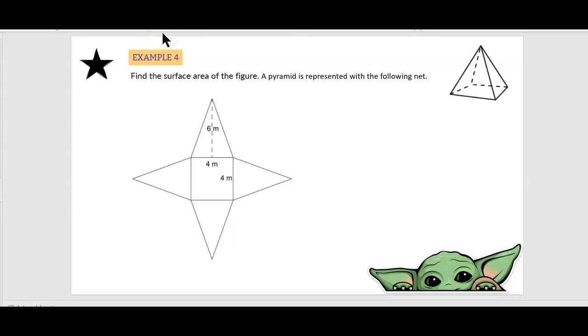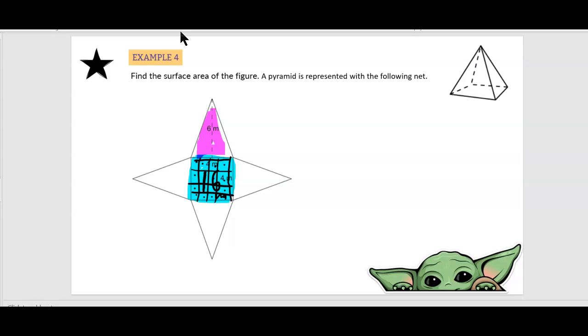If you're still here. 4 times 4 is going to be the middle side, right? Because this side is 4 and this side is 4. That means I'm going to have 4, 1, 2, 3, 4, 5, 6, 7, 8, 9, 10, 11, 12, 13, 14, 15, 16. 16 squares in here, which are meters. And then I'm going to have